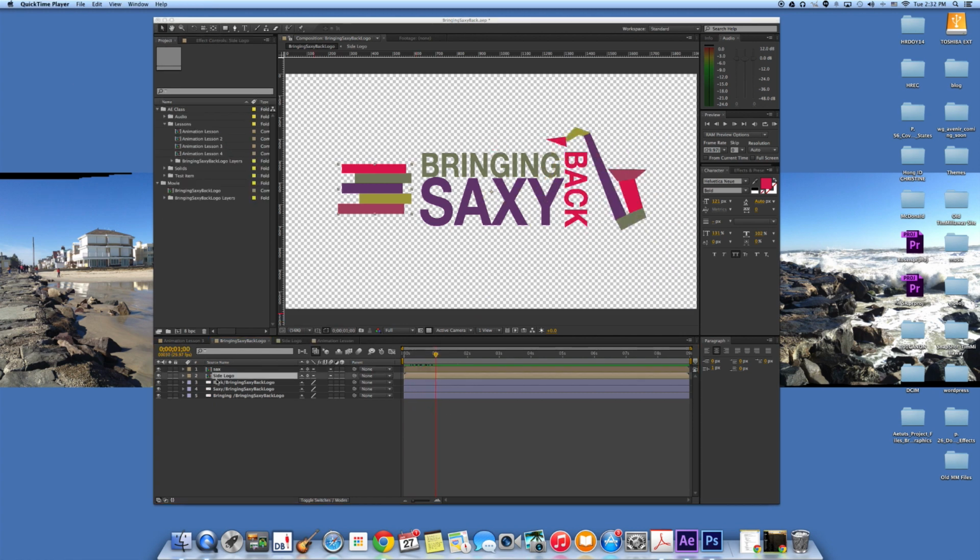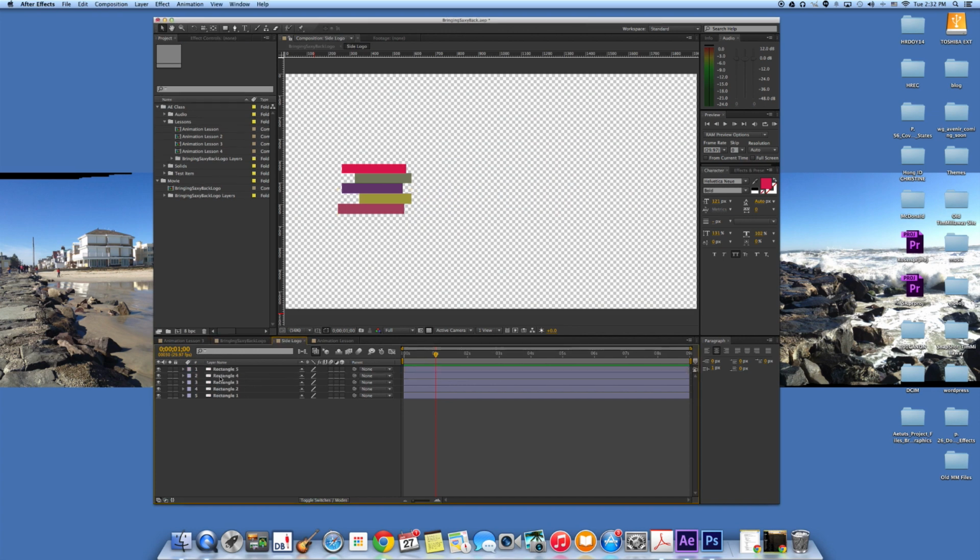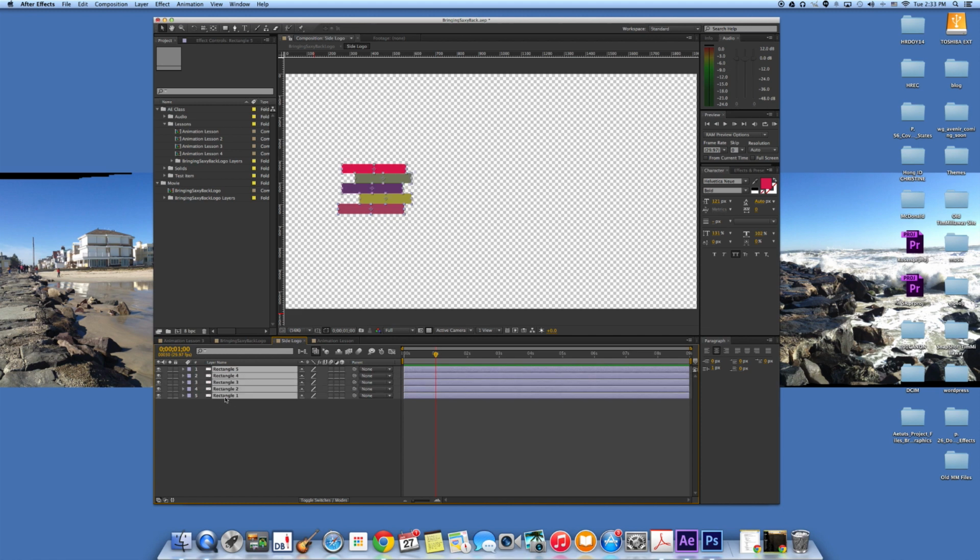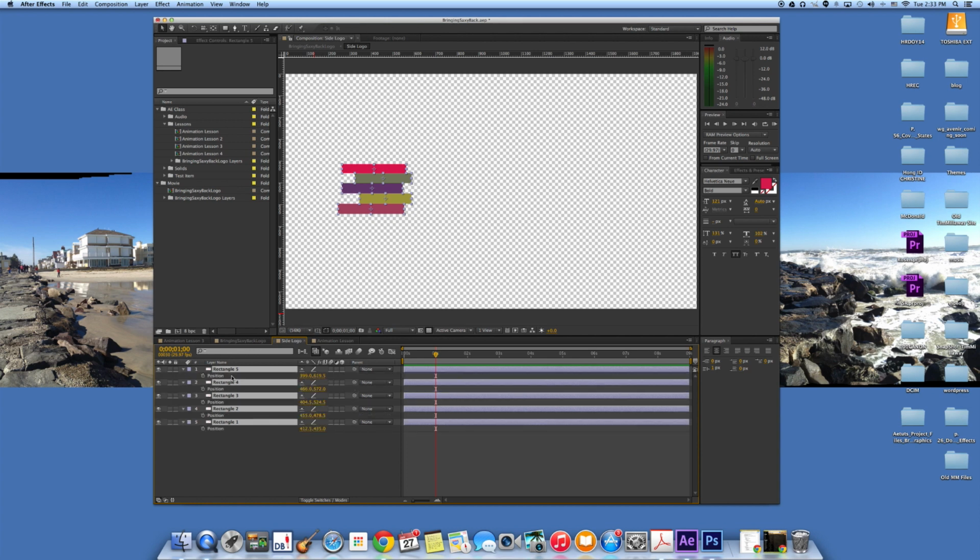Okay, now we're going to animate the side logo, and so we're going to click on that composition. So now we just have these rectangles that we made for that. We're just going to do something simple here. Once again, let's highlight all the rectangles by clicking and shifting and moving our timeline to 1 second. And let's go once again to the position, and let's click the position so that everything